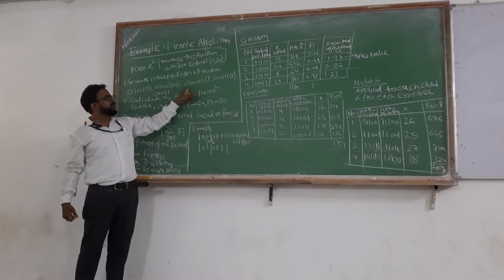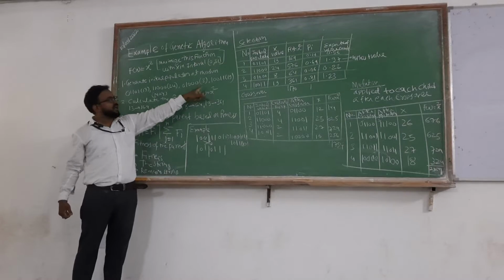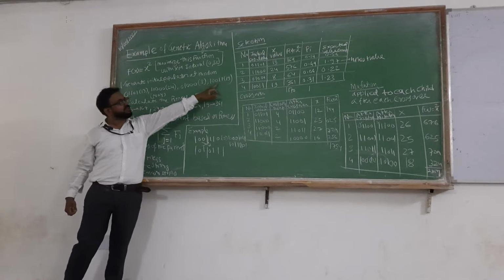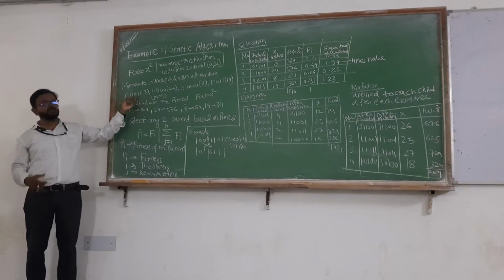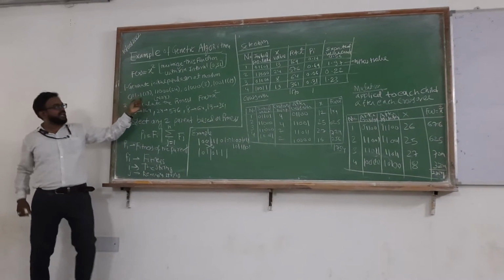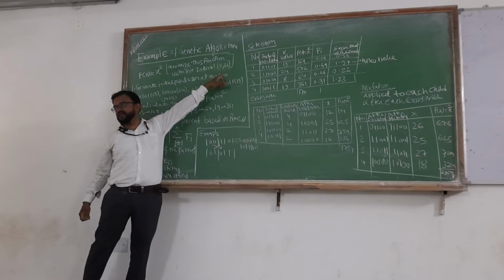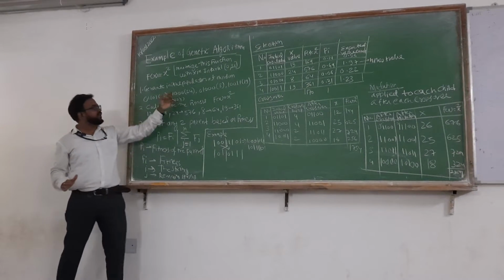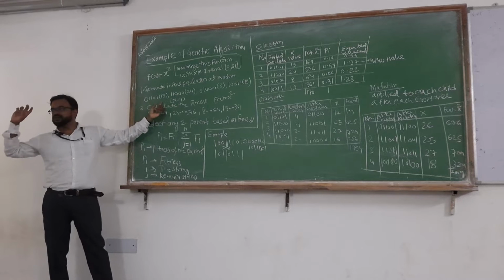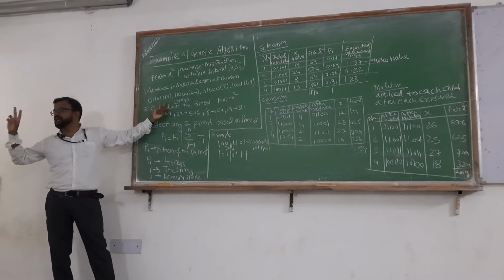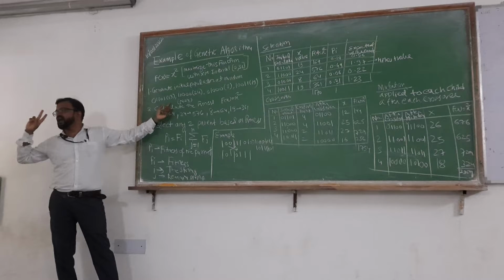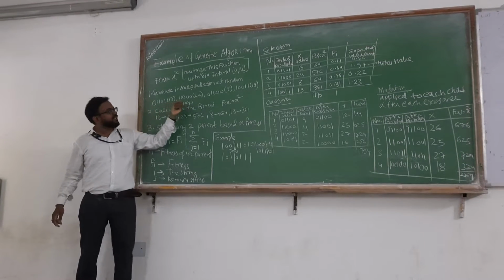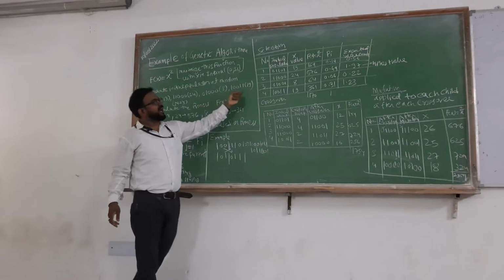That is 01000. And what is the binary conversion of decimal number 19? 10011. So you can use any numbers. I am selecting the numbers from 0 to 31. So here we take the range from 0 to 31, total 32 possibilities are there, but I am only selecting 4: 13, 24, 8 and 19.